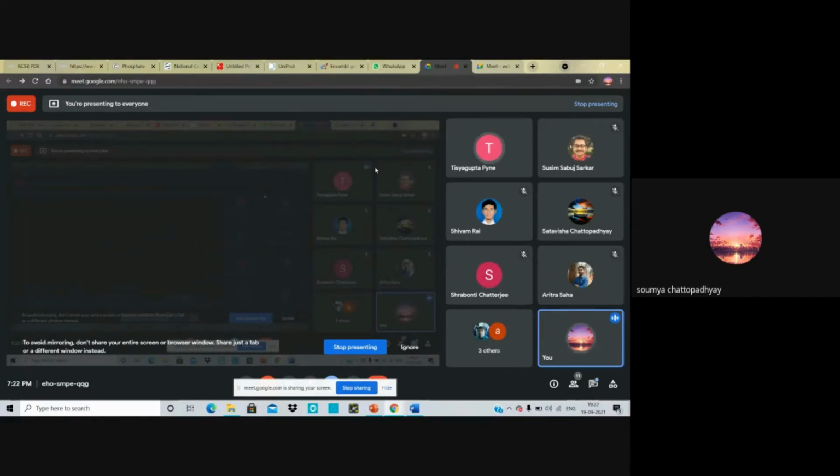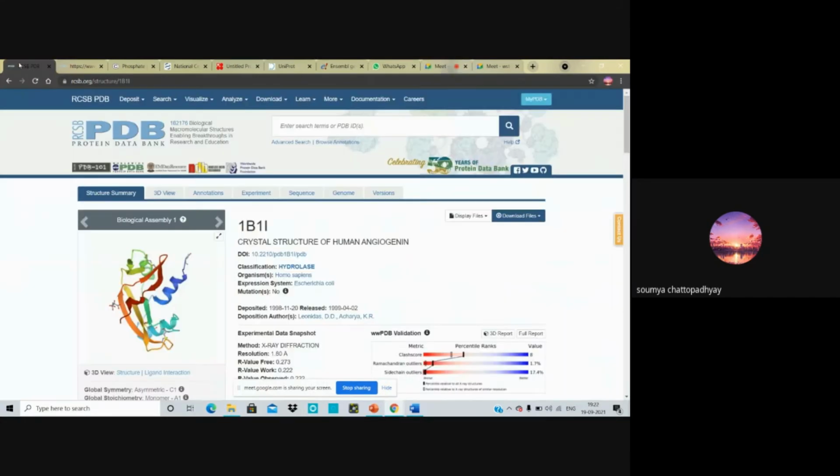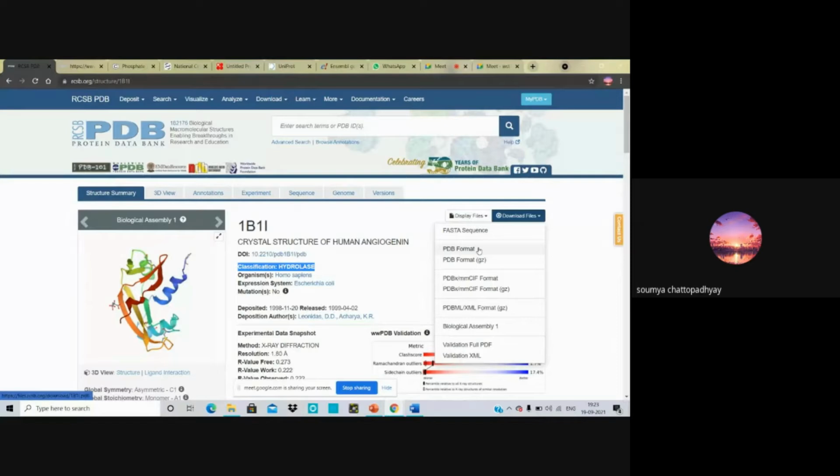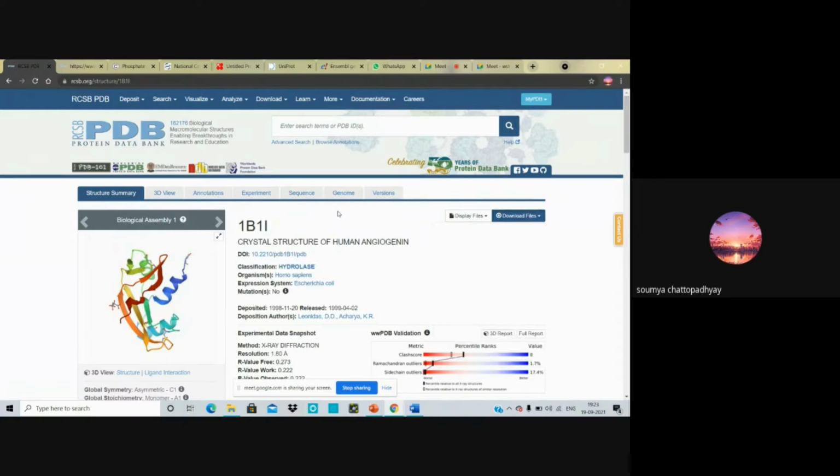But before that, you must know about some sites which are useful in this field. It is the RCSB site, which is the Protein Data Bank. You can get the PDB file of any protein here. Suppose I worked on human angiogenin, you can get the PDB file of it here. When you are trying to visualize it through PyMol, you need this PDB format. All the proteins have their PDB IDs as well, so you can download the PDB format through this site. That is the RCSB PDB,